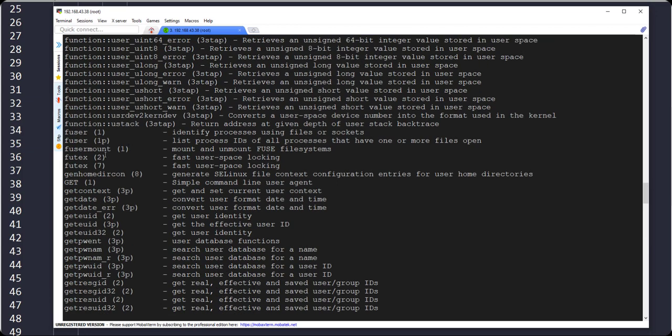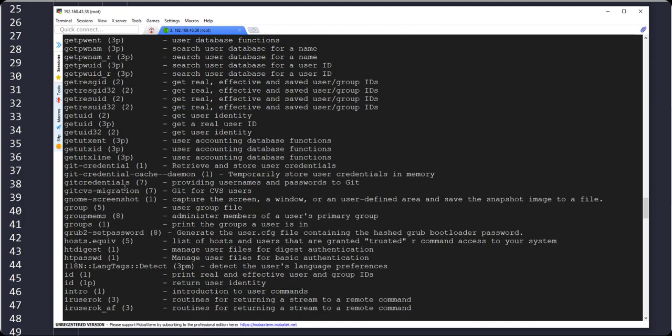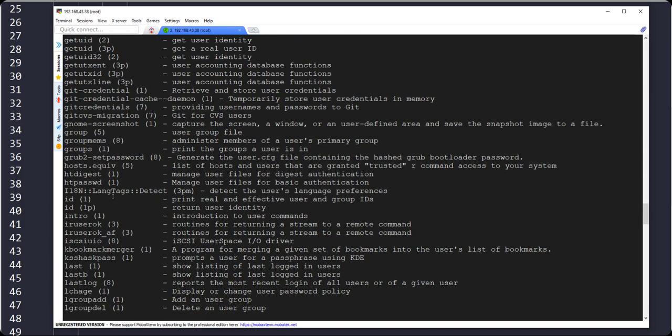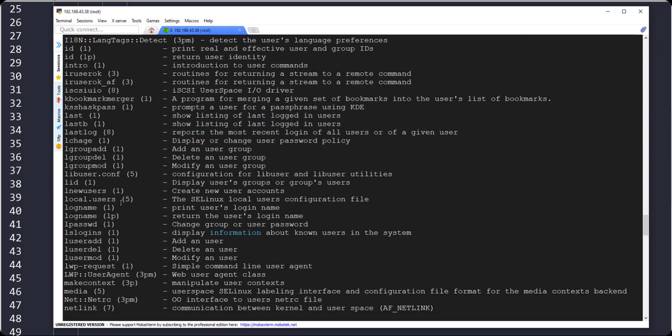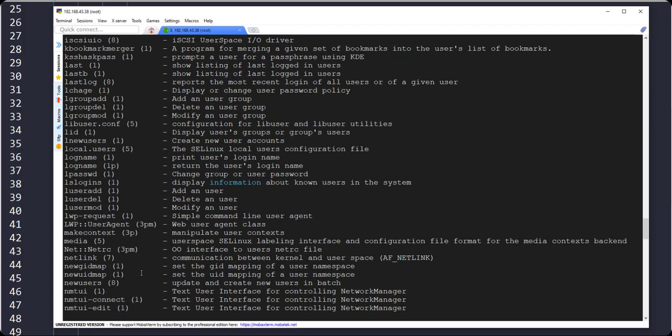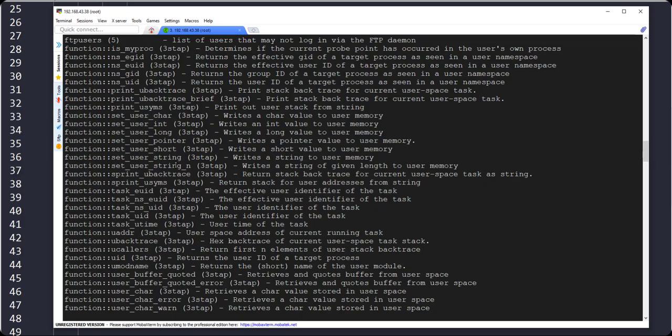You already know that the number specifies who can run these commands, and what it means. If you still do not remember, you just run man and go to the man page manual, scroll one or two pages and you will find what this number means. So there are a lot of things going on.